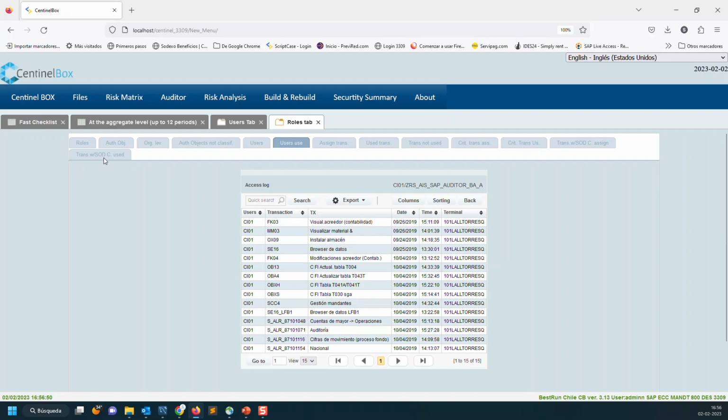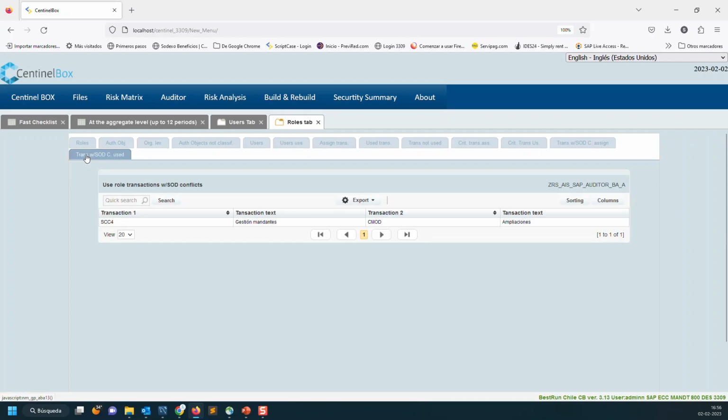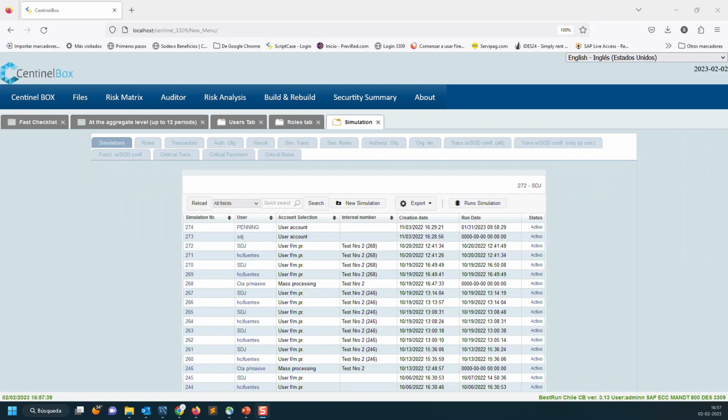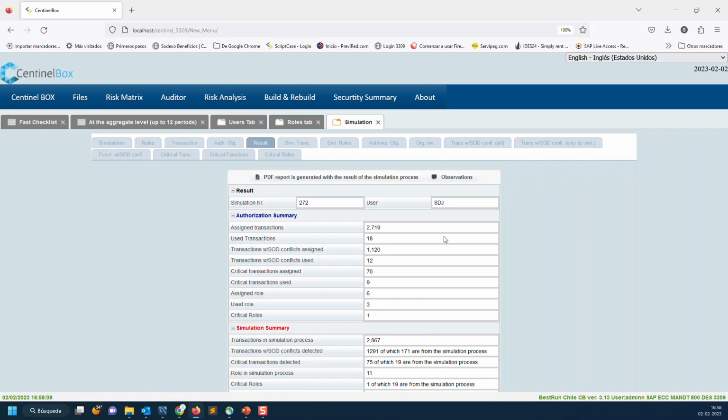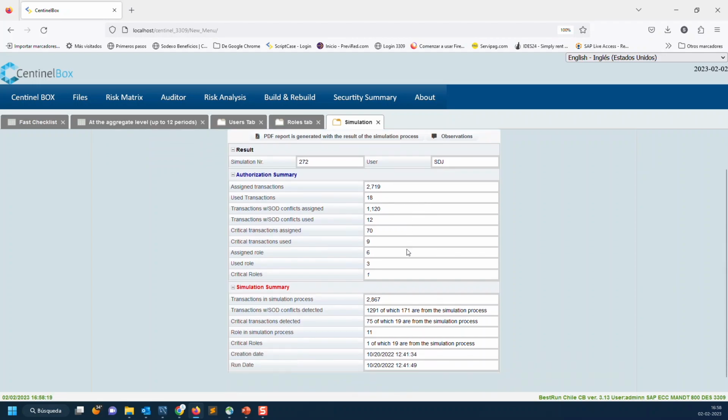Furthermore, we will now provide an example of preventive risk analysis that enables us to evaluate risks before assigning new roles to a user and identify any risks detected. The result can be immediately reviewed, and it will display the current and future situation the user would face if assigned the requested roles. For instance, by reviewing a pre-existing case, we can observe that there are around 1,120 SOD conflicts. The simulation result indicates that